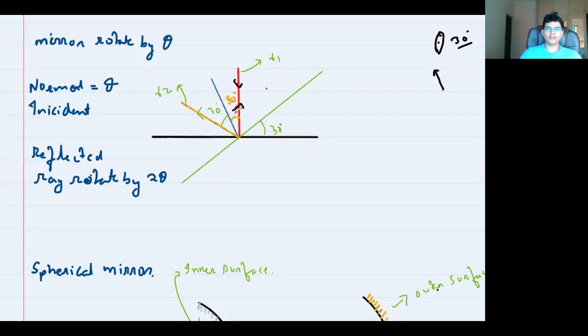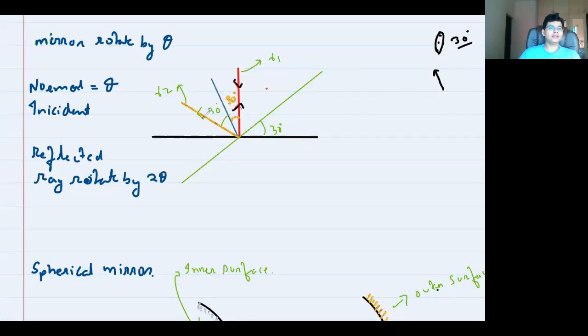By how many degrees is the normal shifting? 30 only. Yes, very good, right? Since the incident ray is the same, but the angle will change. The angle now is 30. Incident angle is 30, so the reflected angle is also 30. Earlier the reflected ray was along the normal. Now it is at 60 degrees.